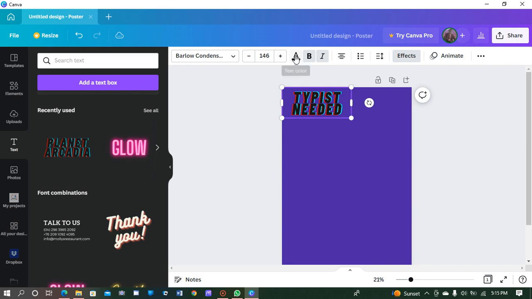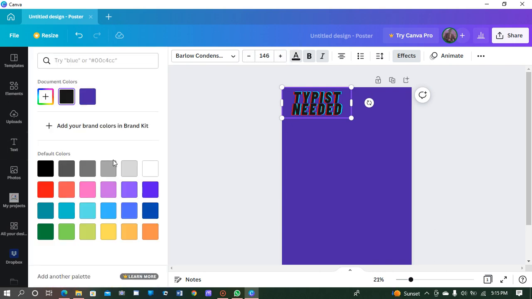Okay. Then now come to color. This is the font color. So click on it and come here. We are using this particular one. Okay, it's like this. Then let's go and change the